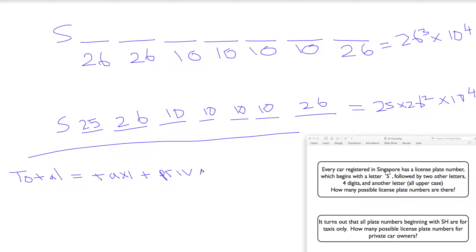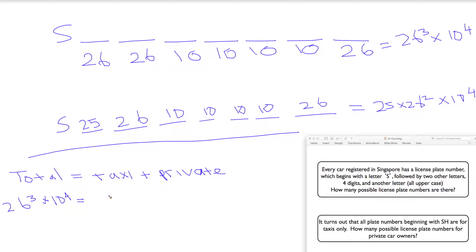In this case, we assume that you can either be a taxi or a private car, and you cannot be both at the same time. So the total is what we got before, which is 26 to the power of 3 times 10 to the power of 4, and this equals the number of taxis